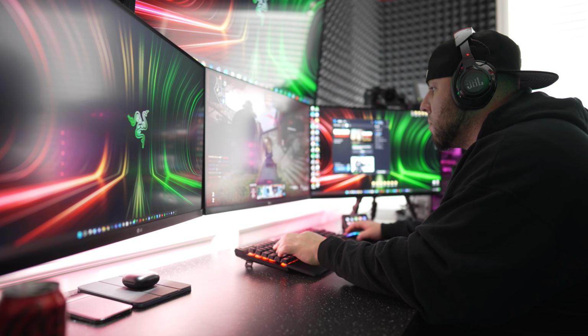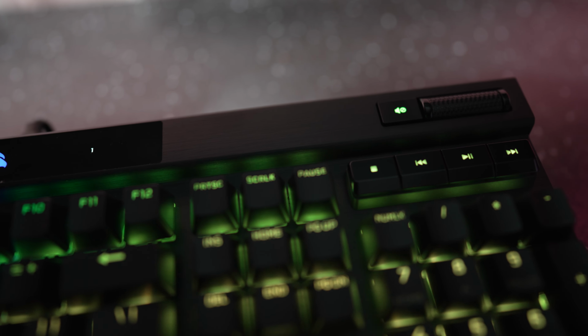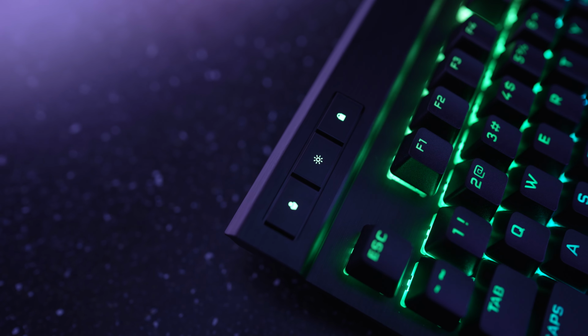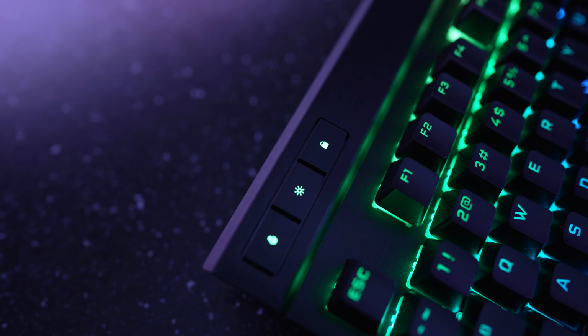Now, the keyboard itself does have 5 hotkeys. You have your volume control knob in the upper right hand corner with a mute switch, as well as the play, pause, go back a track, go to the next song in the upper right hand corner. In the left hand corner, you have your lock function for the keyboard. You have your profile selector based on how many profiles you guys actually set up. And then you have the brightness control, which lets you adjust the brightness in 20% increments, which makes it super useful if you want to do it on the fly and not have to actually go in the Corsair software